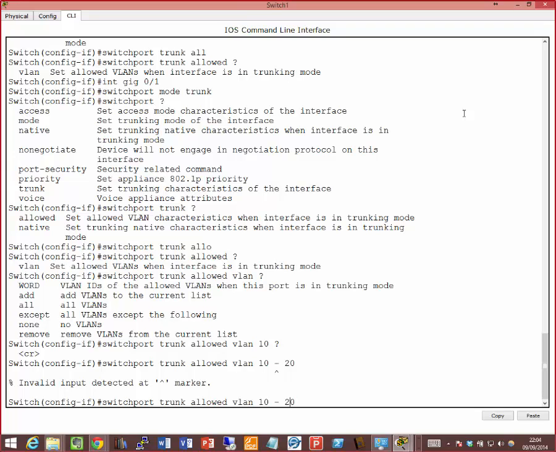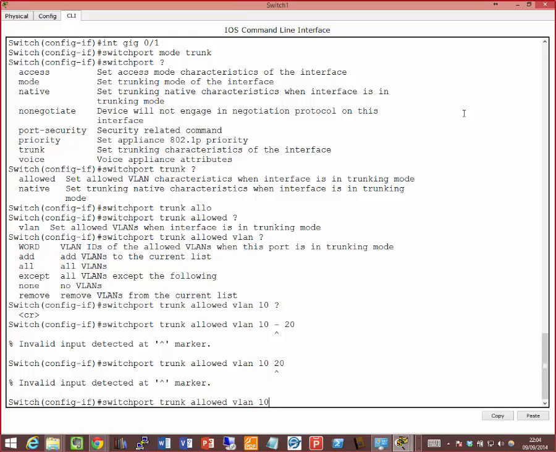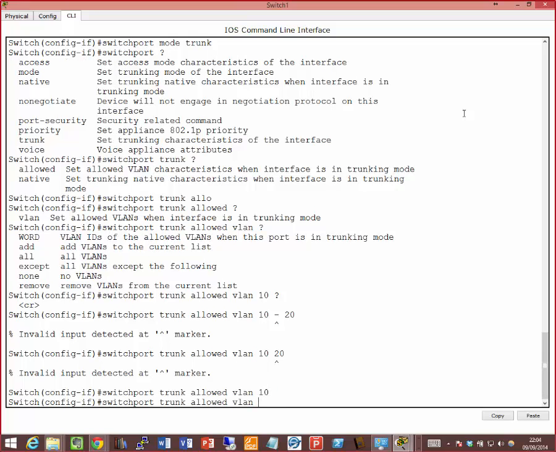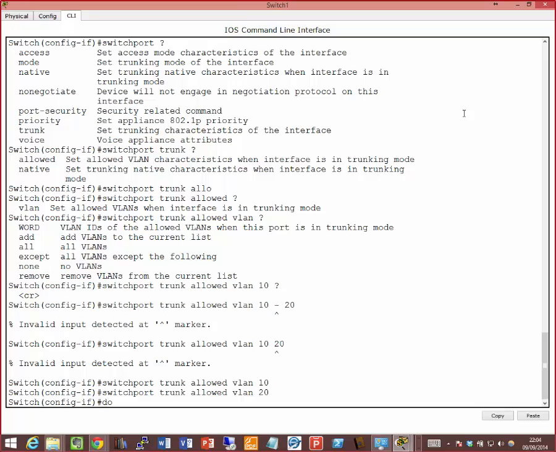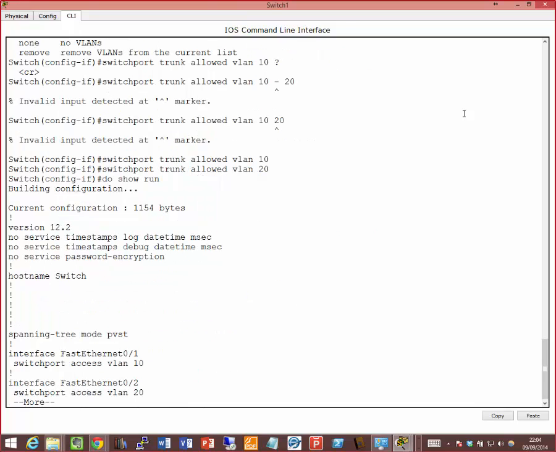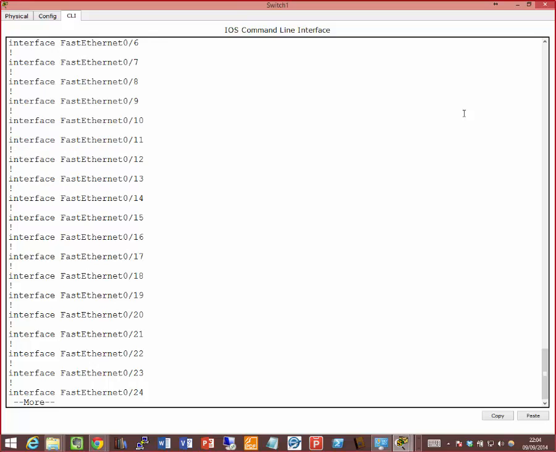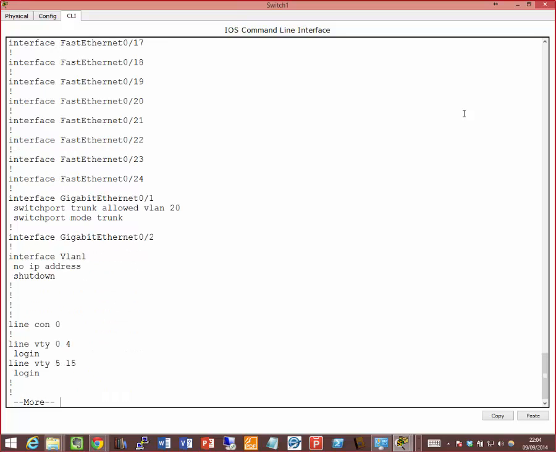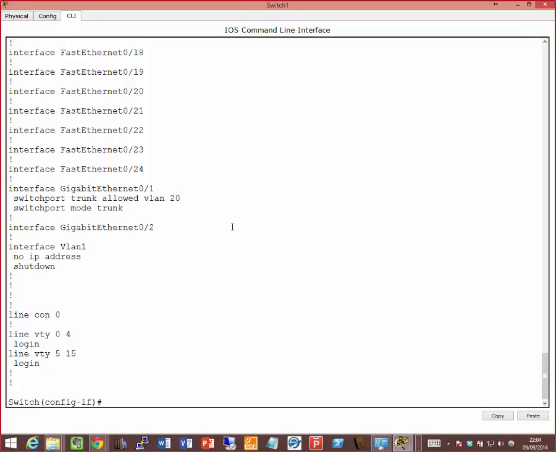Packet Tracer now. So you have to do 10 and then you have to go and do 20 again. The thing is, I'm not sure if you do VLAN. Let's do trunk allowed 10. Let's do 20. Let's do show gig 1. Yeah, so you can see it's only allowing VLAN 20. Yeah, because you have to specify everything at once. So switchport trunk